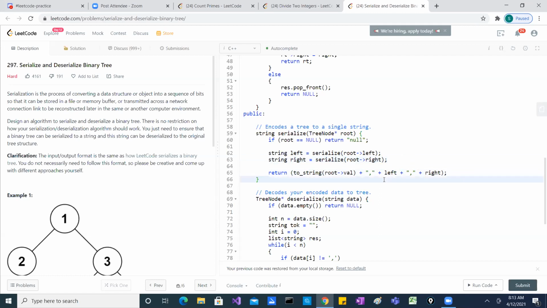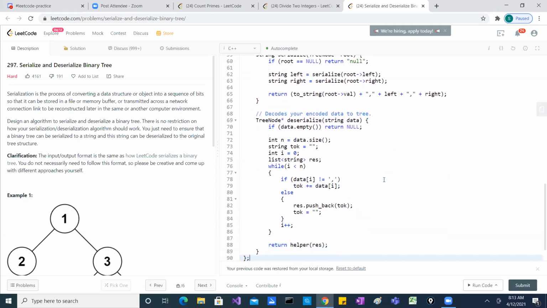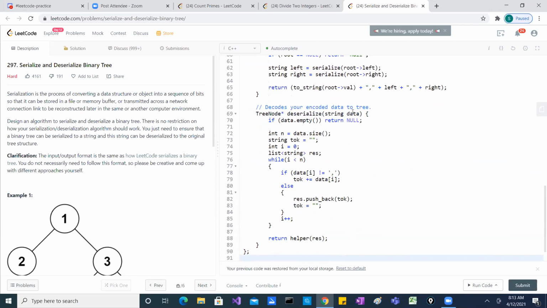Correct. So then you come to deserialize. I'm taking the data input as a string, so I get the whole string with all these commas and nulls. If this is the base case, if it is null, then I just return. Or else I create a list of all the strings, and wherever I find a comma, I separate it.